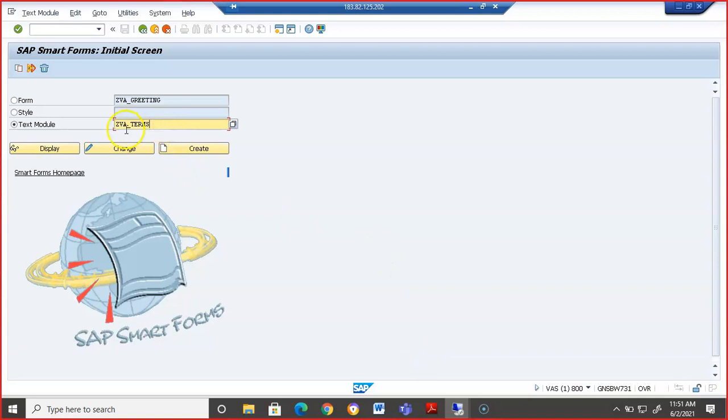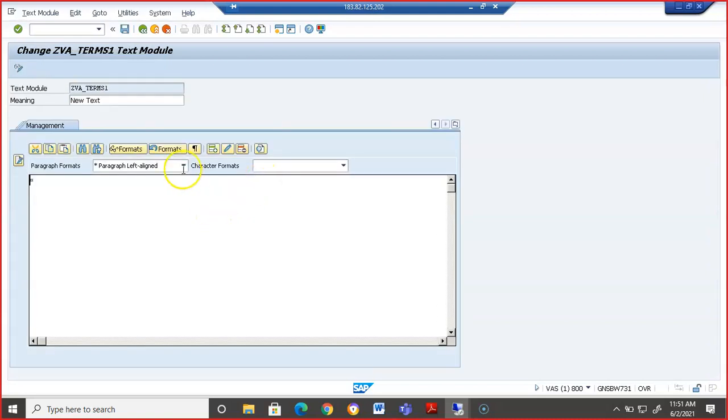Now I just wrote this as ZV underscore terms 1 and create. The meaning I'll write as terms and conditions.